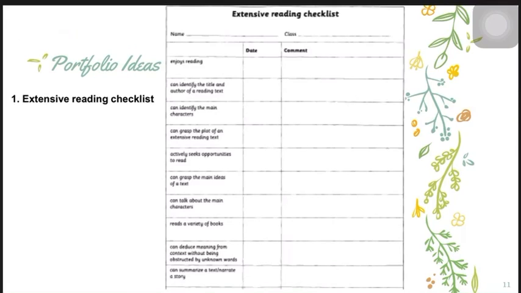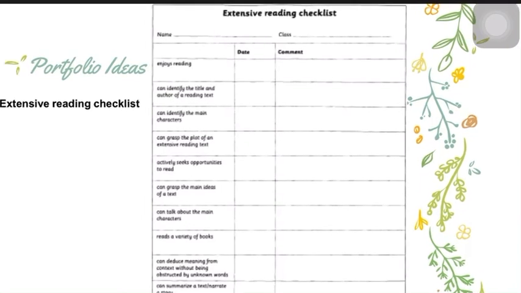And then we go to the next slide about portfolio ideas. A portfolio should include a variety of information such as assessment tasks, children's notes, journal entries, and other examples of the children's work. Very young children can report and reflect on their work and say why they want it in their portfolio in their native language. For example, this is an extensive reading checklist, so we can say that